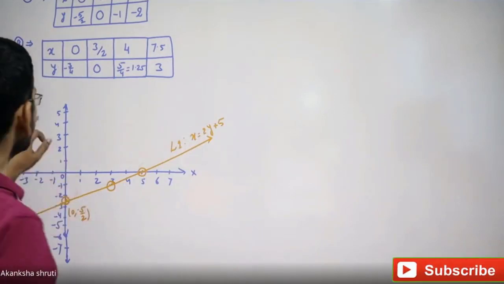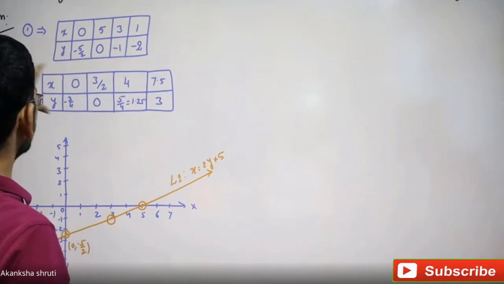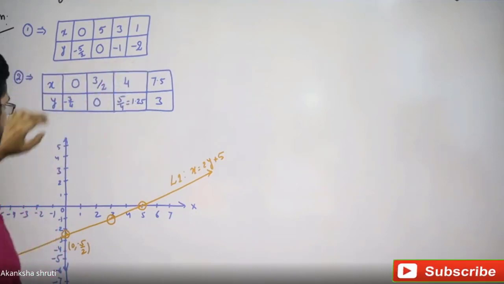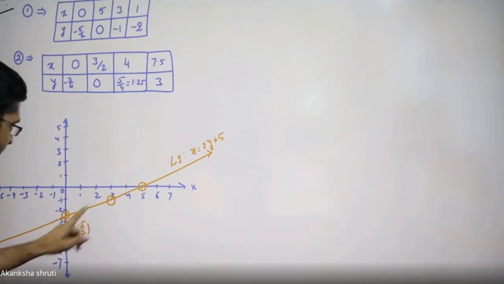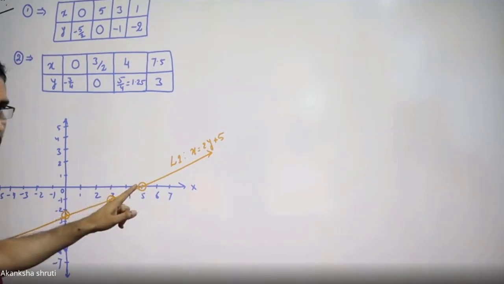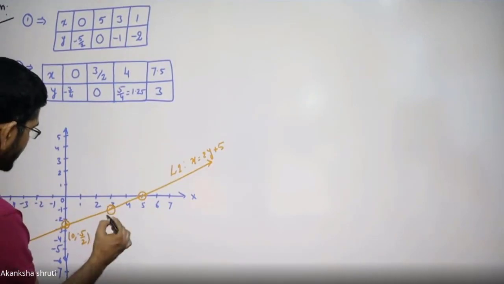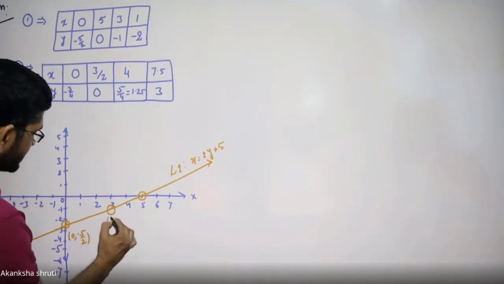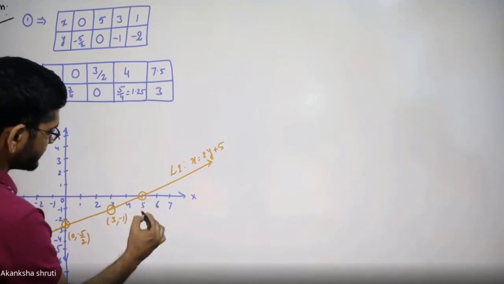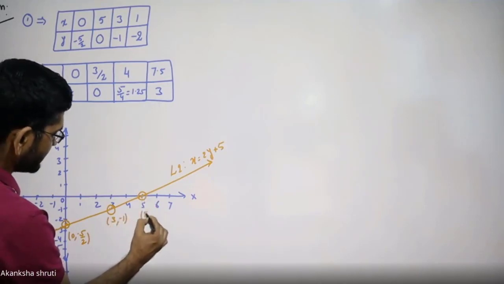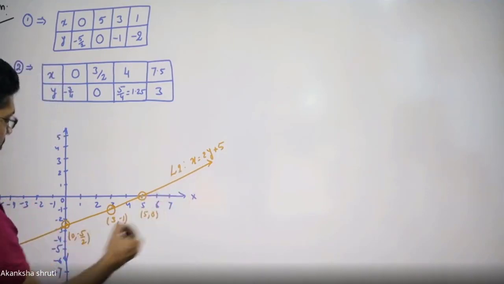So 1 is over. Now let us come to the second table. Also from the second table we need to plot the points. Students, here I have left the coordinates of the other points. You need to write them. In your examination, please do not forget to write. x was 3, y was minus 1. x was 5, y was 0. Do not forget to plot these coordinates.